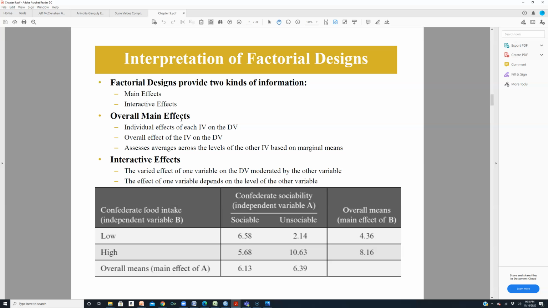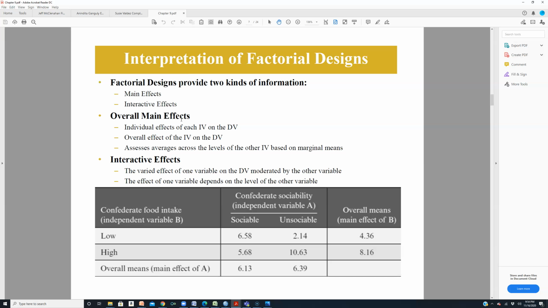So it averages all the levels within that IV into one. So we act like the other IV doesn't even exist and it's not broken up into two groups. I'm not looking at differences between low and high. I'm only looking at all the sociable numbers and all the unsociable numbers as just two groups, not four separate groups, okay? The interaction is now looking at, does the effect of the food intake of the peer on my